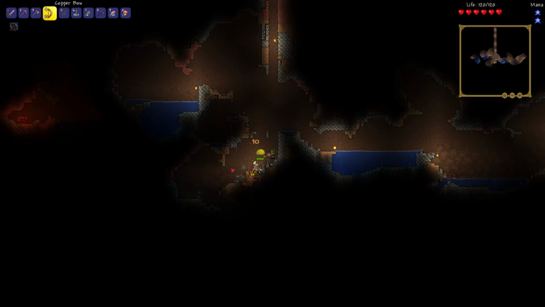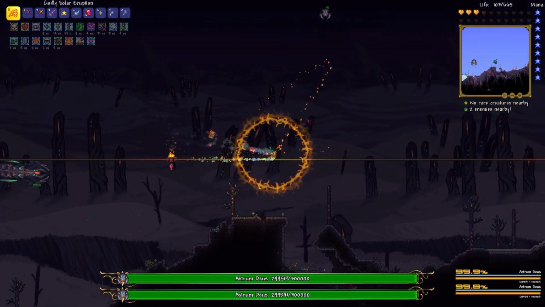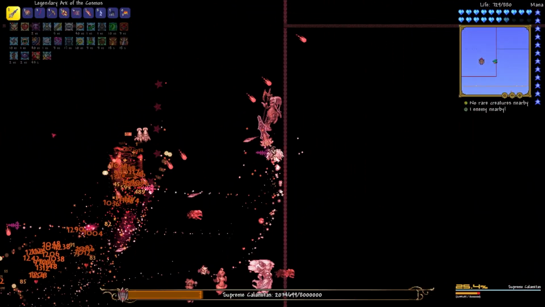Alright, let's do this. There's only a zombie and a slime. What are you doing? No! Alright, we're still low, but we can survive this. Goddamn it! Come on. Chat, I'm literally sweating my tits off. Chat, what are those two